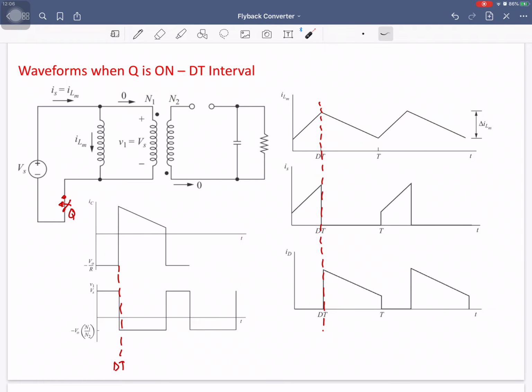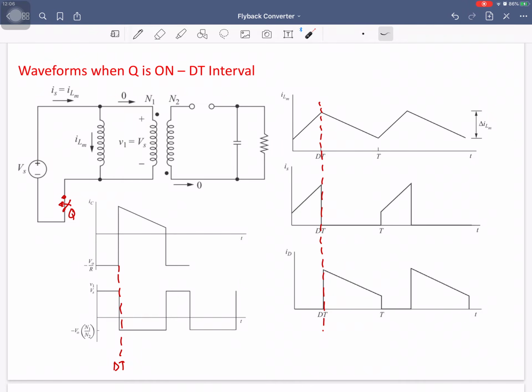Okay. So when this switch is turned off, what about the supply current? No supply current, because there is no path over here. So supply current is 0. But from where does this current exist in the diode? Because of the energy stored. The current that is over here, that is because of the energy stored. Now the current is going to flow over here, that's I1, and that is causing the current I2 over here. Right? So whatever will be the shape of your magnetizing current, the same will be there at I2, so that you can observe over here.